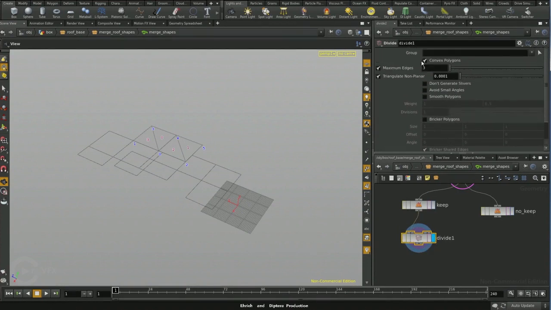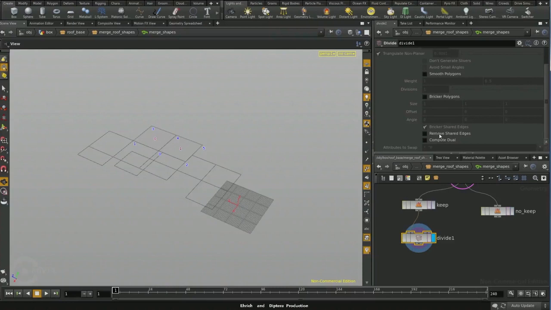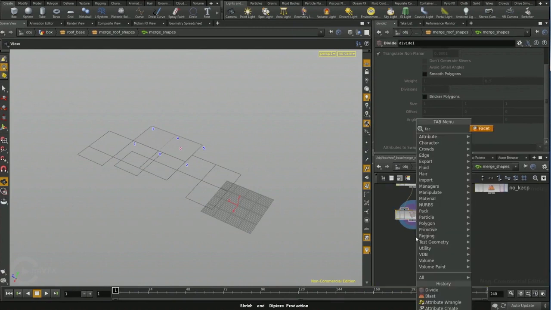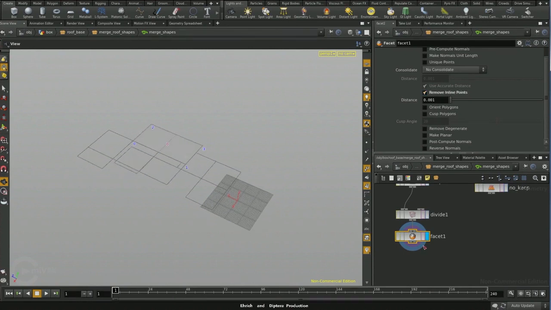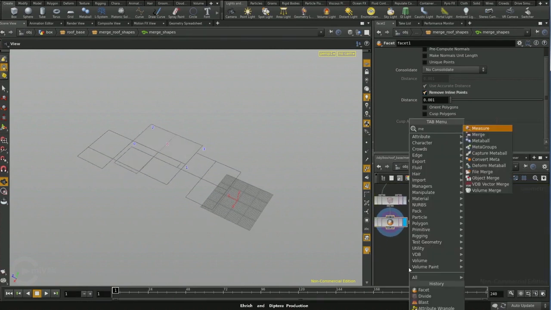And we need to say that, first of all, uncheck convex polygons and check remove shared edges. So it will remove the edge. However, the points are still there, and that's why we will need facet. And we will say remove inline points. So here you go. And we will just need to merge it back